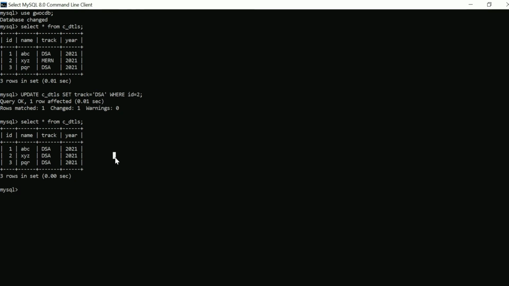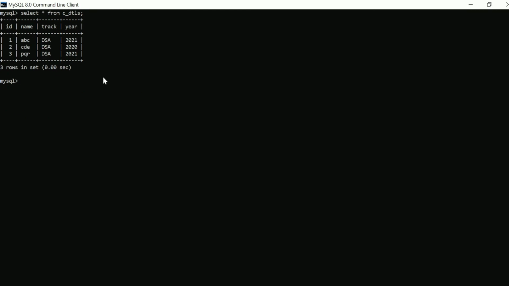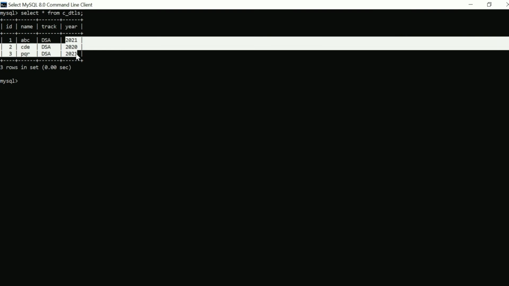We can also update various columns in a single command. For that, we will be writing, let's change name and year together. We can update this year of all the contributors to 2019 using a single command.